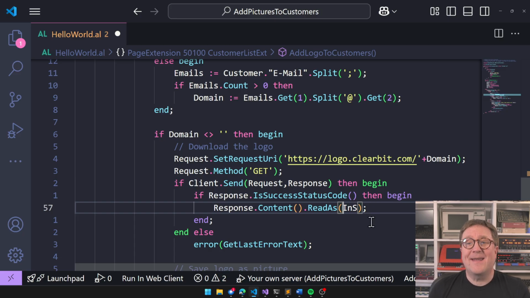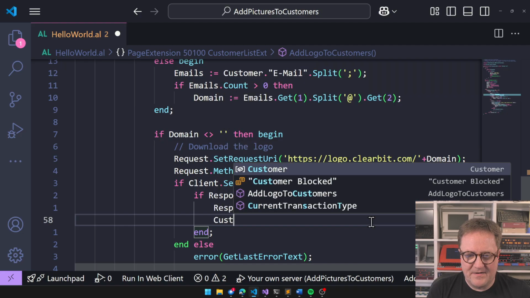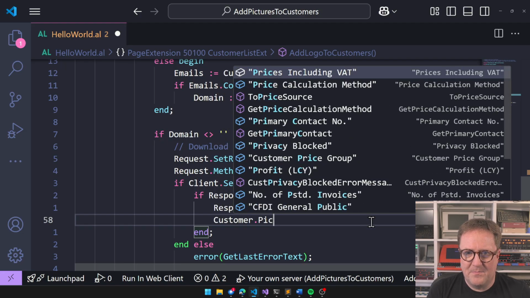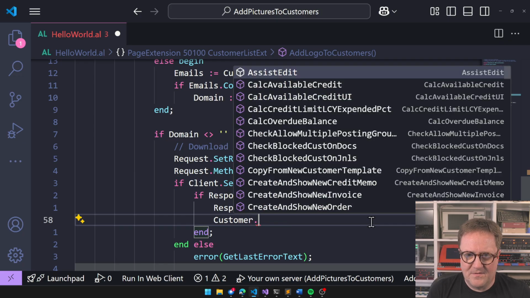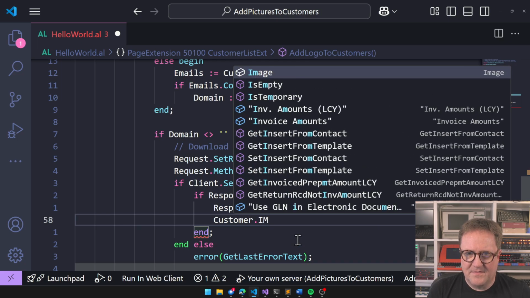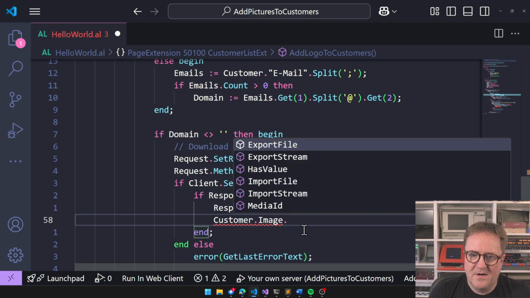We're going to connect an in-stream to the content so we can read the content out of the in-stream. So let's go and head to our customer, and we have our picture. What's it called? It's called image. Is that the one? Yeah. Customer.image dot